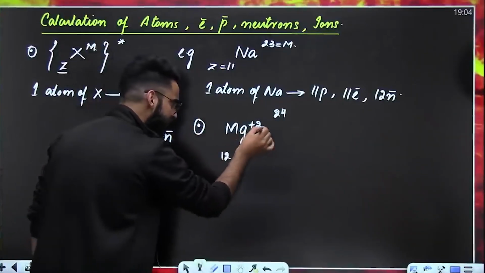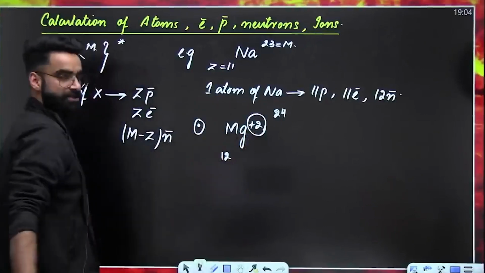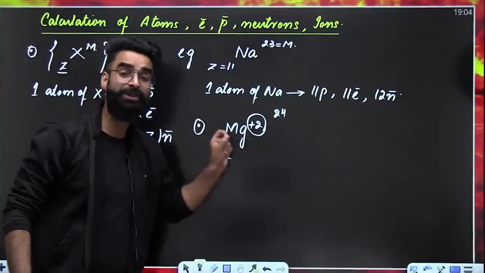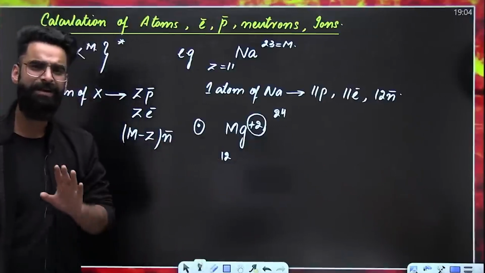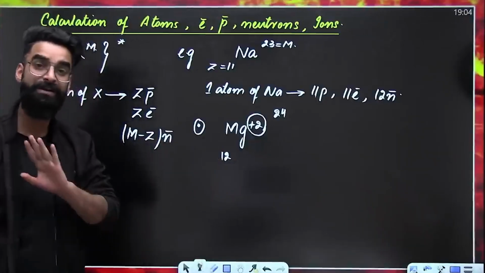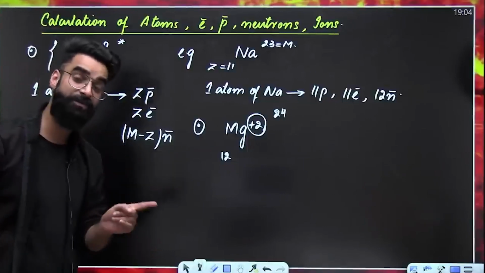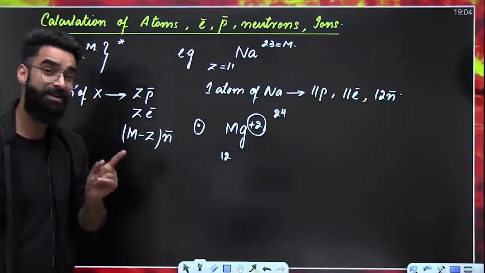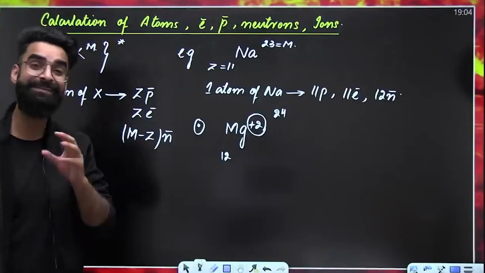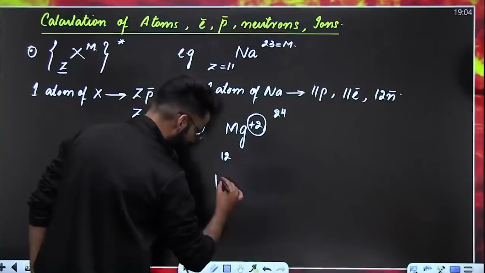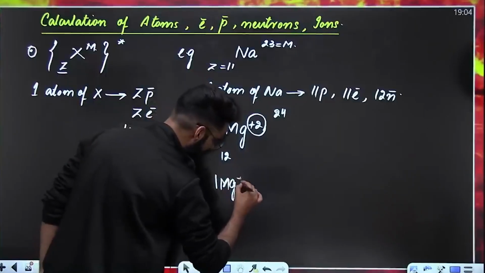Do remember, due to the presence of charge, now that magnesium has got a di-positive charge, nothing happens to the protons, nothing happens to the neutrons. The only thing that changes, what is that? The number of electrons. So I can say 1 Mg di-positive ion